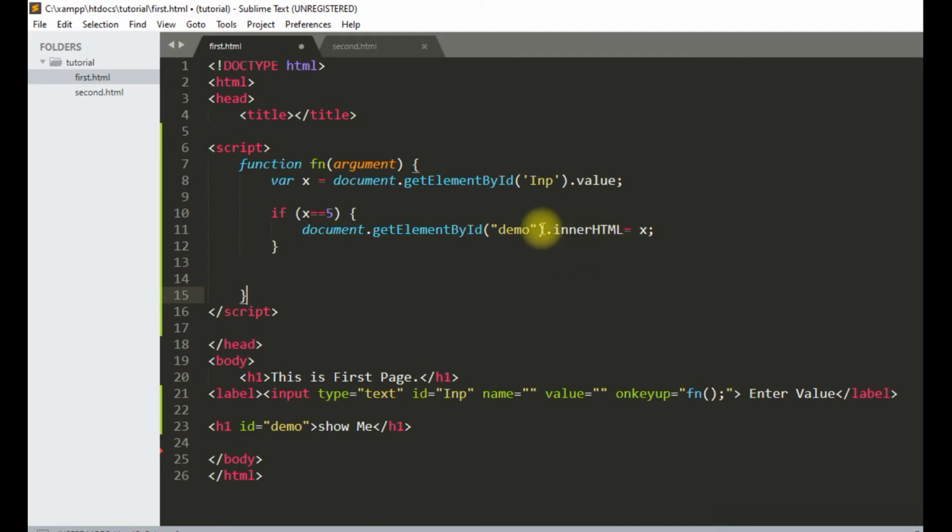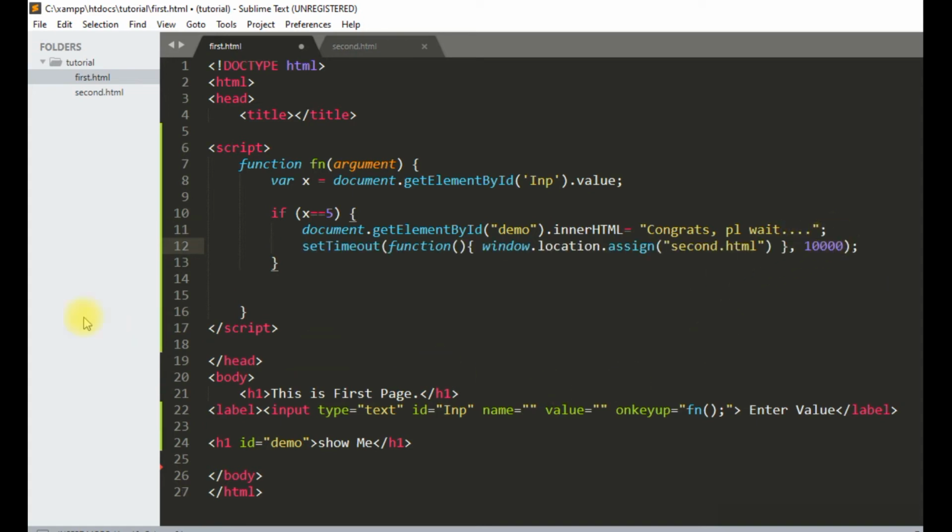We will say when x is equal to 5, we will say congrats, and please wait. And this another JavaScript code, set timeout function window location assign page second HTML.